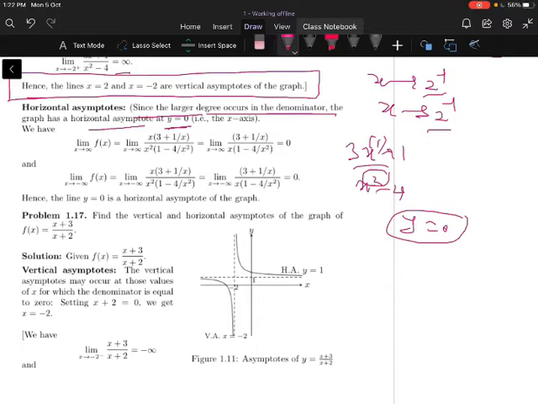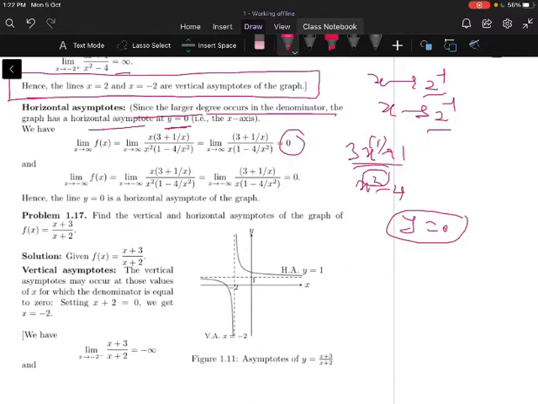Let us check through the definition now. How do we get the horizontal asymptote? We just apply the function f(x) as x tends to infinity, minus infinity and plus infinity. We'll have a limit point, and that limit point will be the horizontal asymptote. Let us take x tends to infinity for the function f(x). What is our function f(x)? (3x + 1)/(x² − 4).